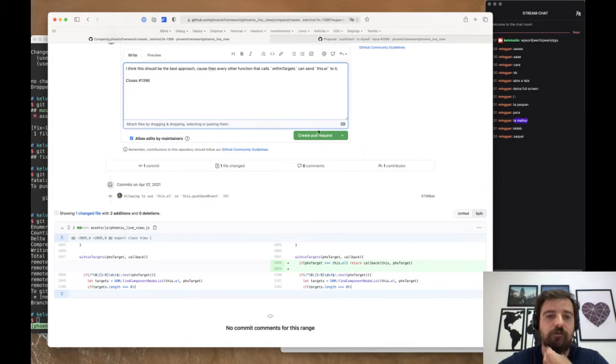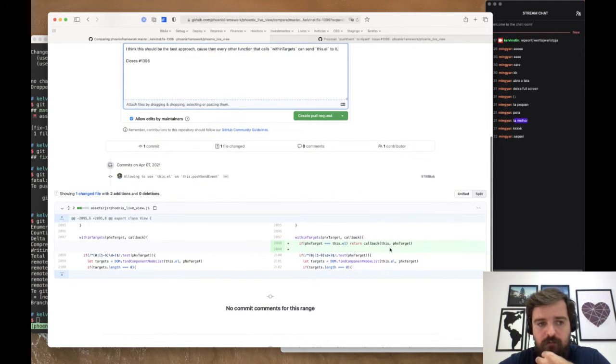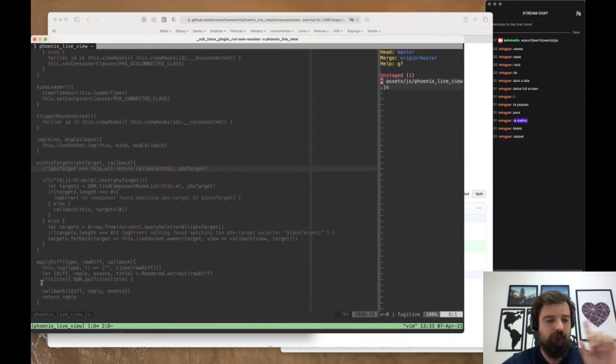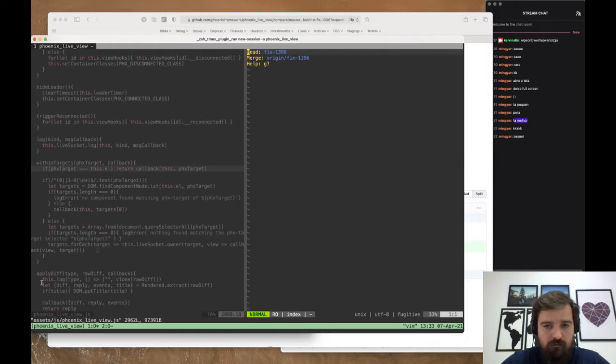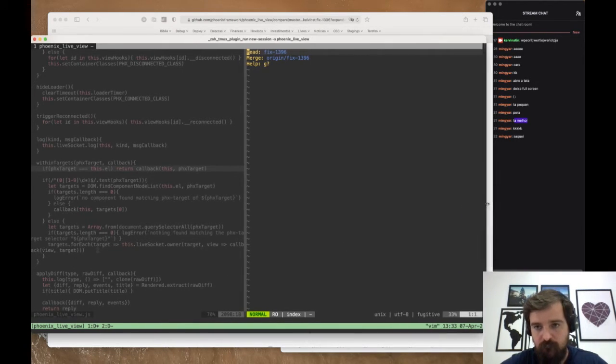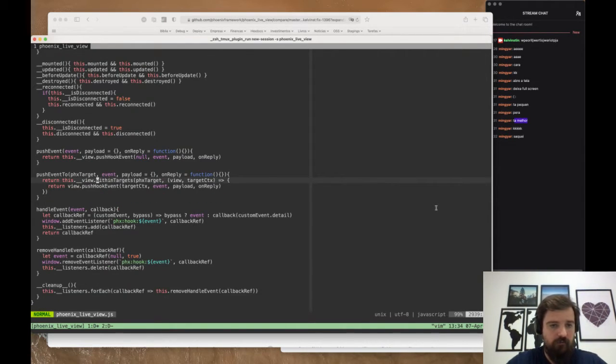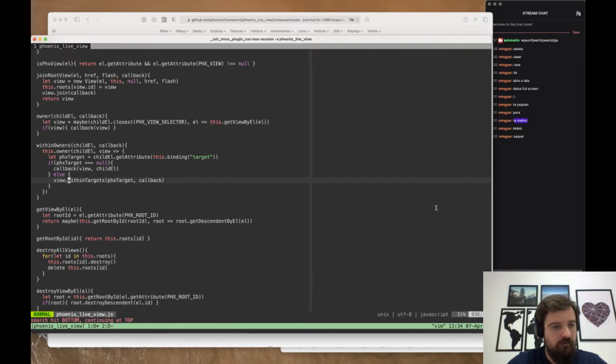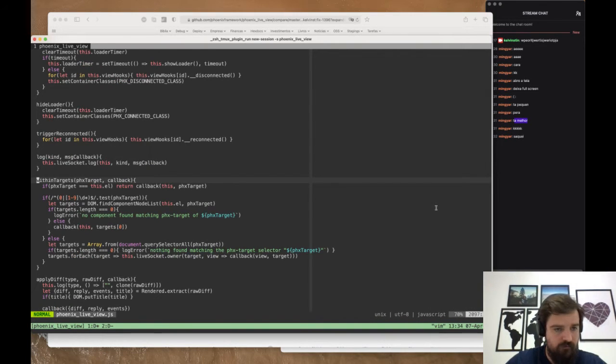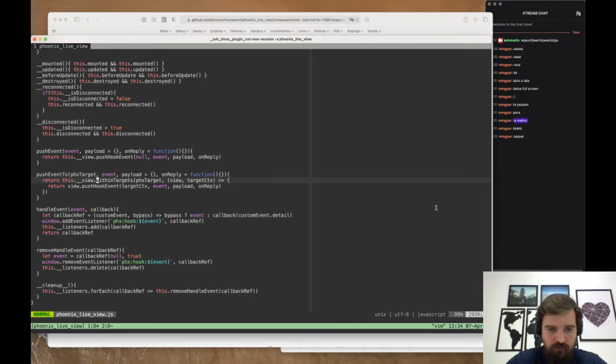Maybe actually the perfect way would be, let me see. Everywhere within targets, so within owners, within targets, there's only two places that